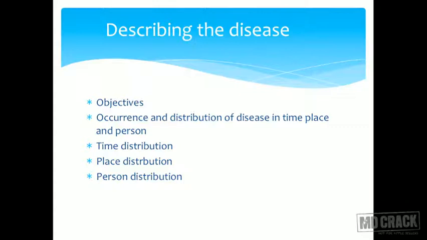This is very common. You might also have heard this when you go on your rounds and check the orientation of the patient, you ask time, place and person. So the same philosophy applies to descriptive disease also. You want to know the time, the place and the people the disease affects. Time distribution, place distribution and person distribution. Very important. We'll be seeing this in further slides.